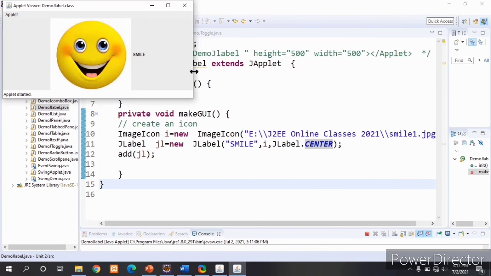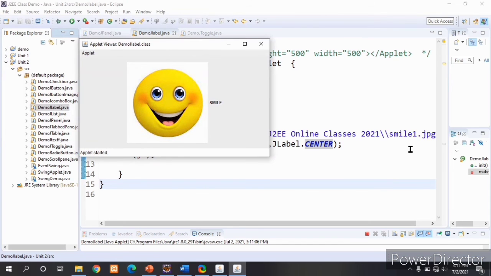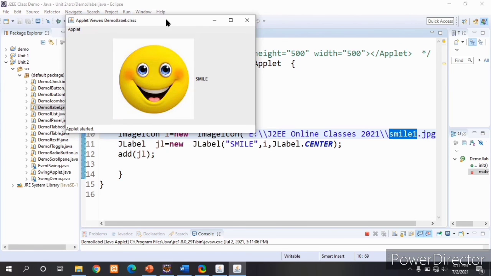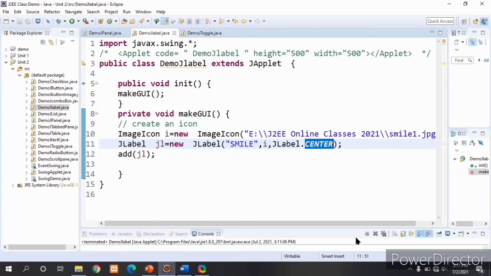See here, this smile image I am passing as an argument here, so it is displaying that, and I am passing the text "smile" for the JLabel, so it is displaying smile here. We are setting the alignment to center, so it is displaying in the center. We will change this to left. Now I will execute.